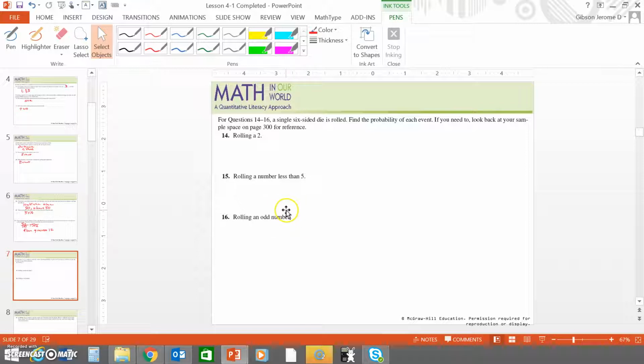Now it says for questions 14 through 16, a single six-sided die is rolled. Find the probability of each event. If you need to, look back at your sample space on page 300 for reference. Okay. What this is saying is, what is the probability of you rolling the 2? Remember, you have 6 chances of getting a 2. Well, I'm actually saying it's 6